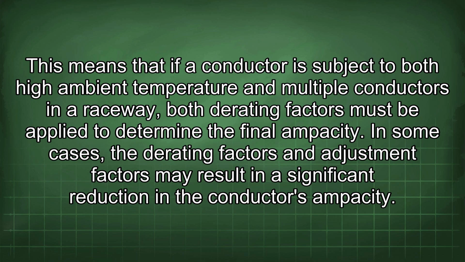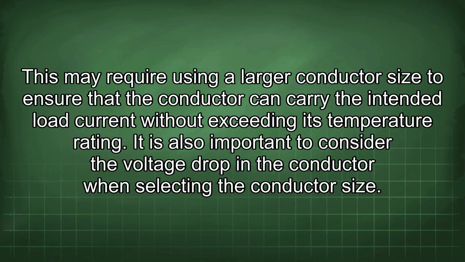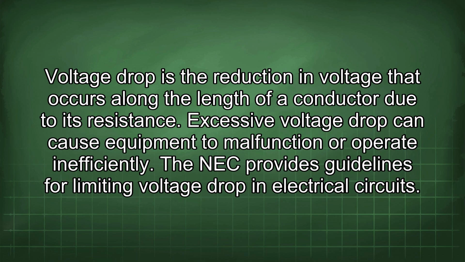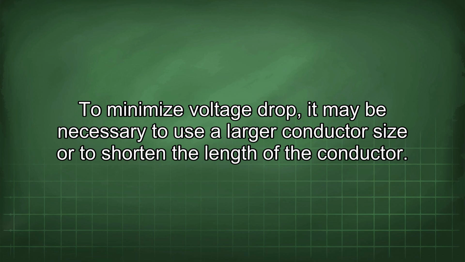In some cases, the derating factors and adjustment factors may result in a significant reduction in the conductor's ampacity. This may require using a larger conductor size to ensure that the conductor can carry the intended load current without exceeding its temperature rating. It is also important to consider the voltage drop in the conductor when selecting the conductor size. Voltage drop is the reduction in voltage that occurs along the length of a conductor due to its resistance. Excessive voltage drop can cause equipment to malfunction or operate inefficiently. The NEC provides guidelines for limiting voltage drop in electrical circuits. To minimize voltage drop, it may be necessary to use a larger conductor size or to shorten the length of